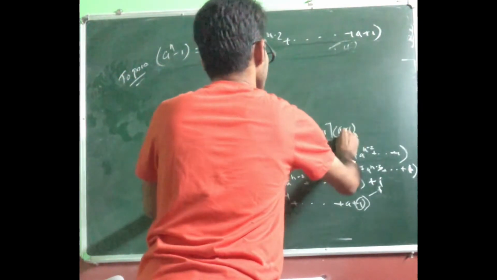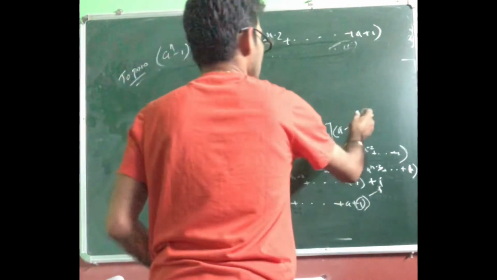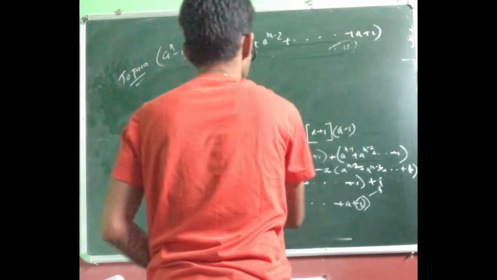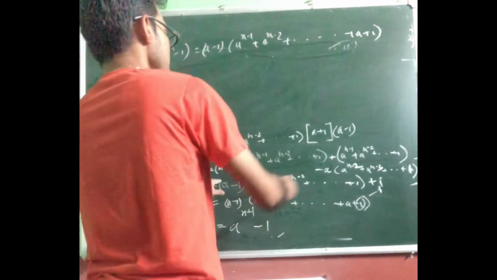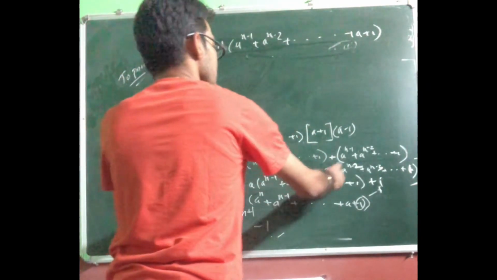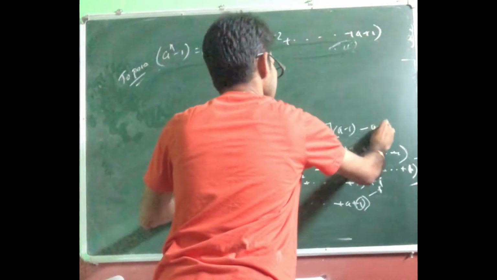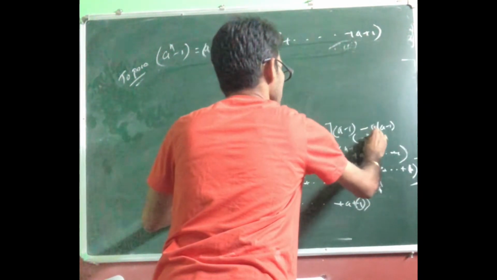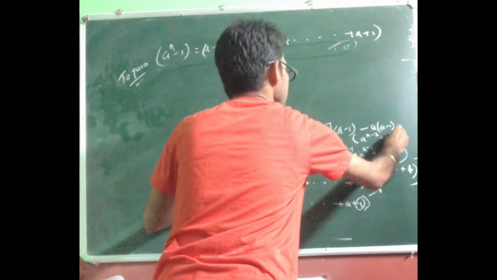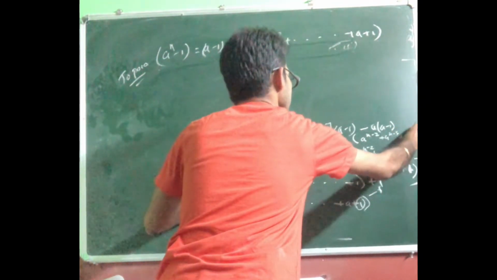And then also I have got a minus 1. And also for this one, because the whole thing is multiplied by a minus 1, that means even with this I have got a minus 1, so minus a with a minus 1, and that's this whole thing, a to the power n minus 2 plus a to the power n minus 3 all the way till